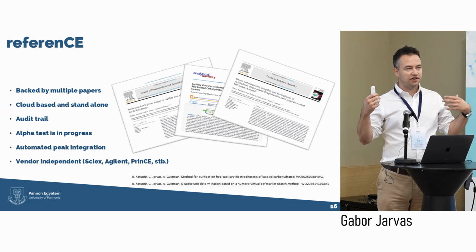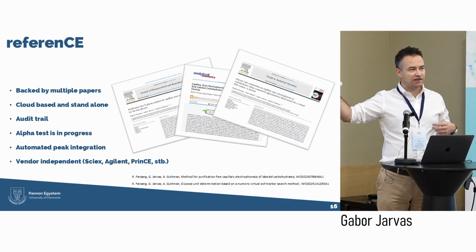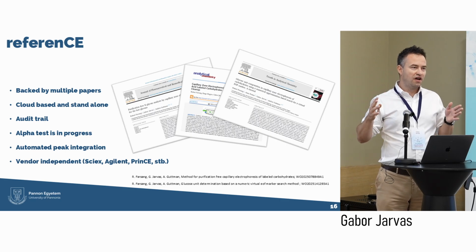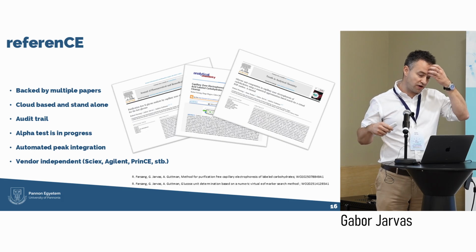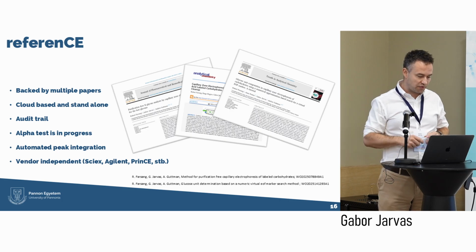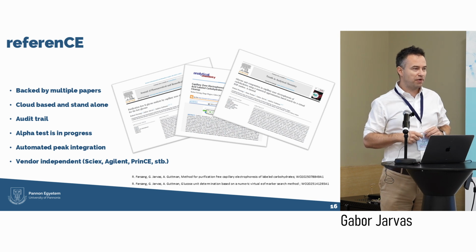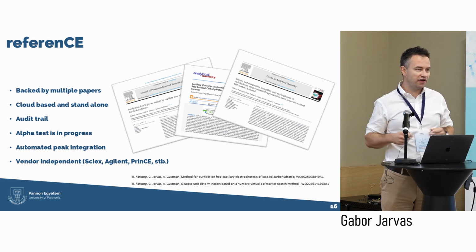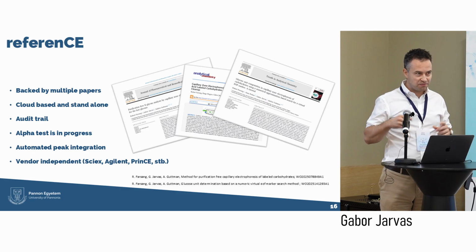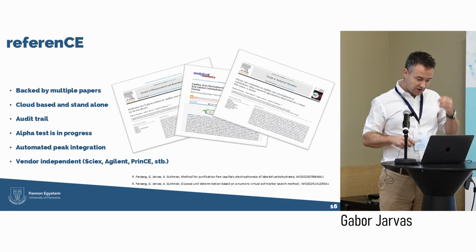It has the audit trail, meaning that once you have done one calculation, the results cannot be changed. Of course, you can re-evaluate it in a different way, but the original remains intact, so it's suitable for carrying out a diagnostic pipeline. For example, right now we are doing the alpha testing of the software, meaning that it's not published yet, but internally we carry out many different measurements to see what the application domain of the software is, which